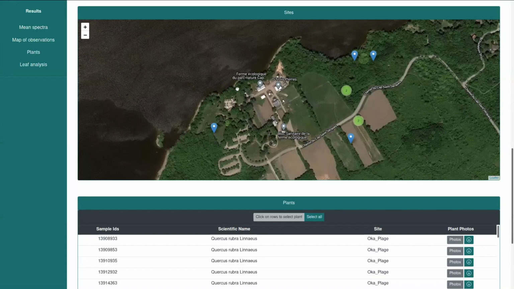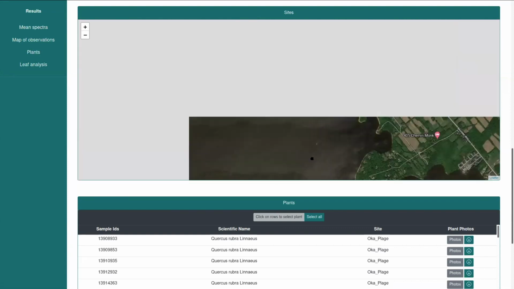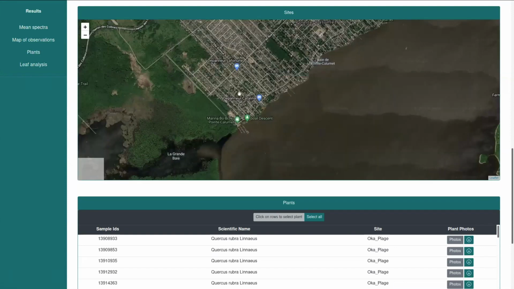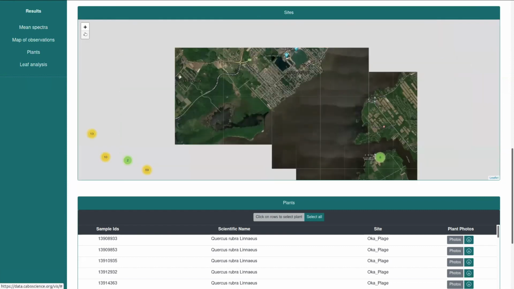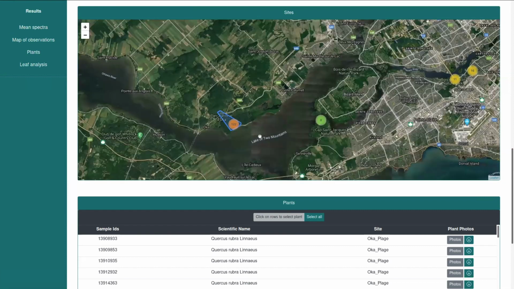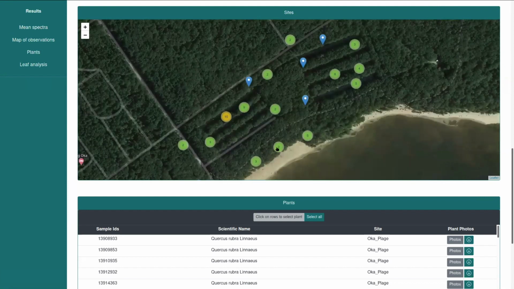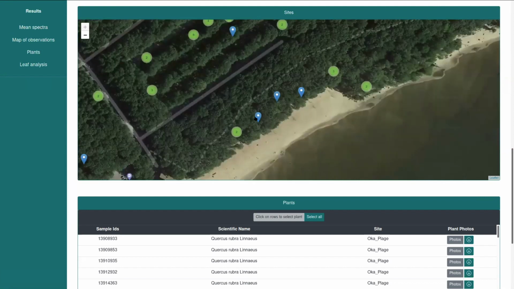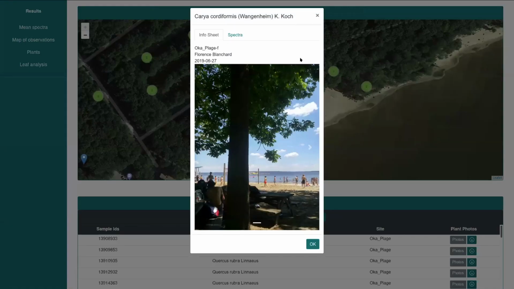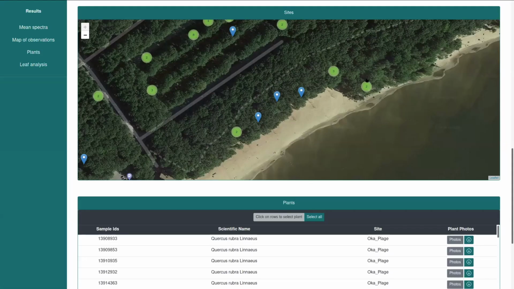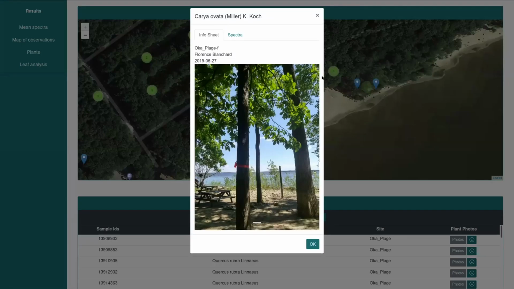So you can explore, and like I said, if there are multiple photos, you're going to see a slideshow of the photos. Sometimes there's some zoom. Let's go to the beach here. You might have multiple photos for some of the plants. Now you only see one, but you can just explore. Sometimes there are multiple photos and they're just shown as a slideshow.